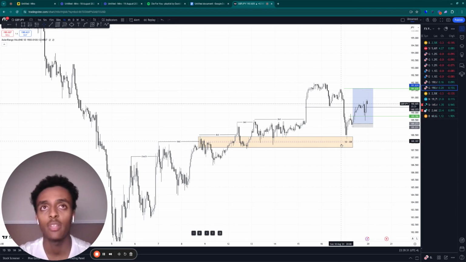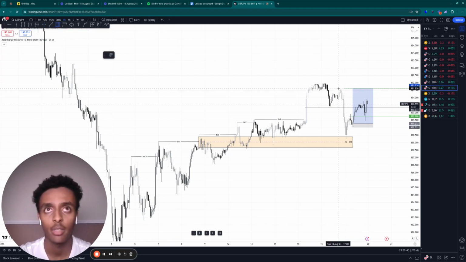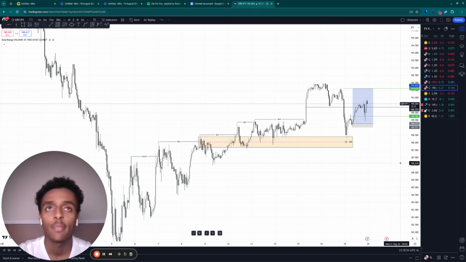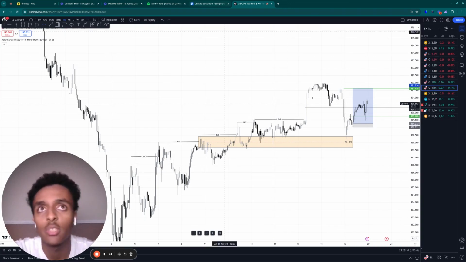After this daily move, we saw that we retraced back into 50% equilibrium right here. It's precisely equilibrium for those of you who are wondering. And I'll draw it out just to show it to you. So after coming into equilibrium, that line has been misdrawn, but see, precisely into equilibrium. And I'm thinking, okay, so this is where we can actually make a candle that goes